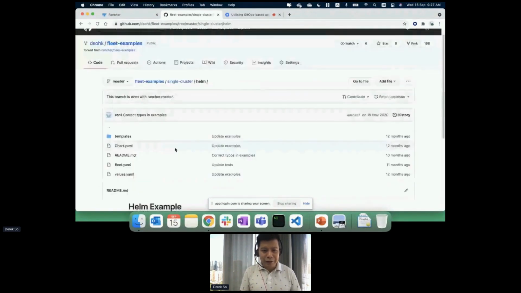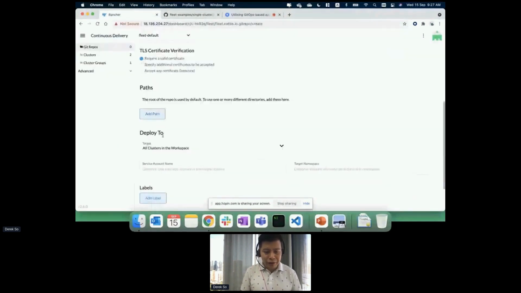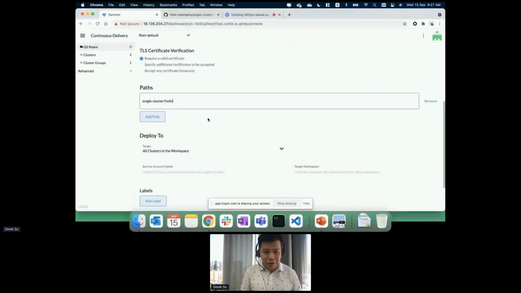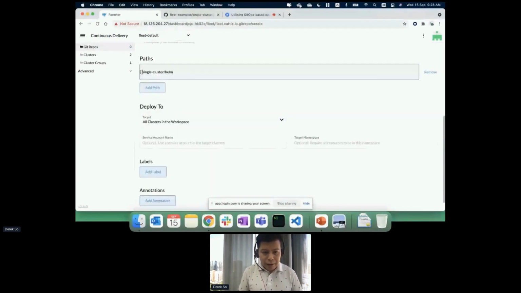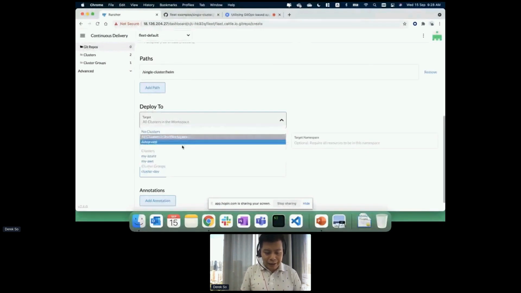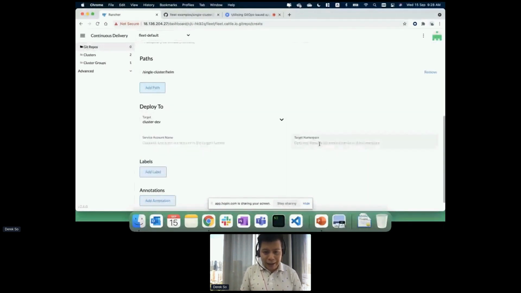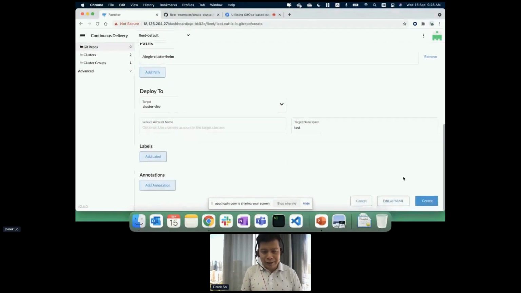So what I need to do is I just say single cluster Helm as the path. So the path will be single cluster Helm. And then I can specify this is the target, and I want to say into the test namespace,